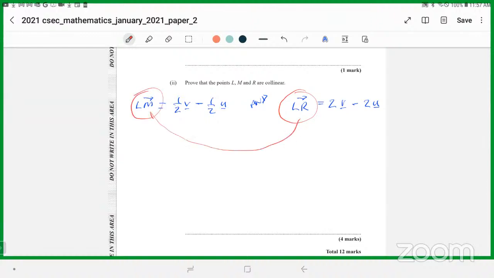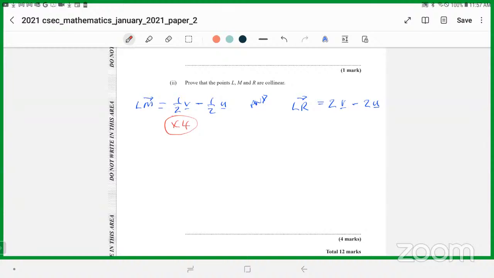You're able to equate when the vector components become equal. So right now, this is half V and half U. If I multiply this by 4, it's going to become equal to this. Let's show it. If I multiply this by 4,